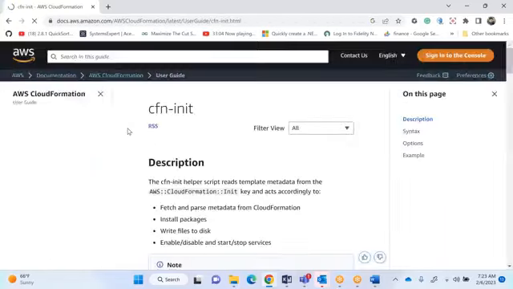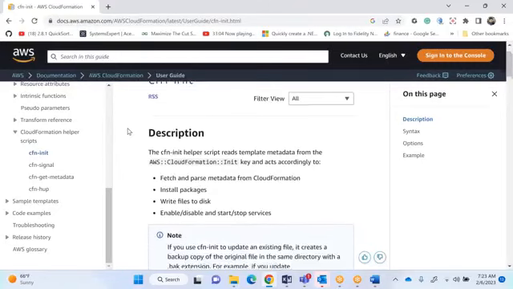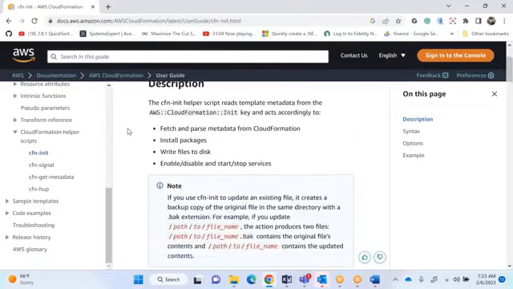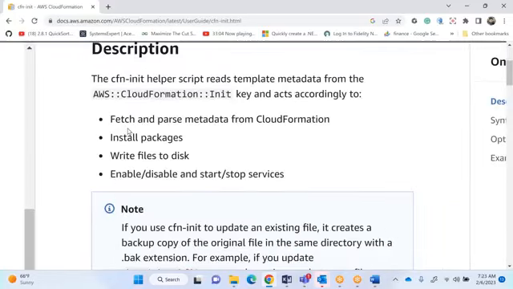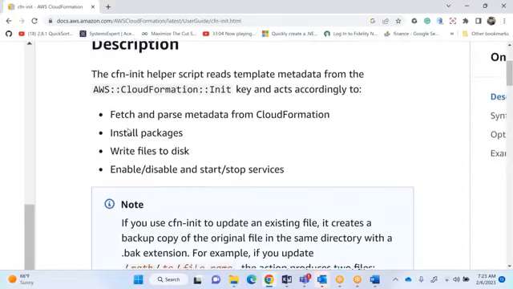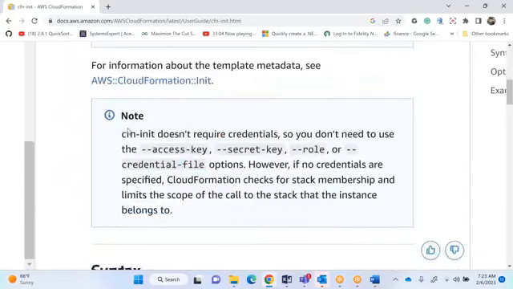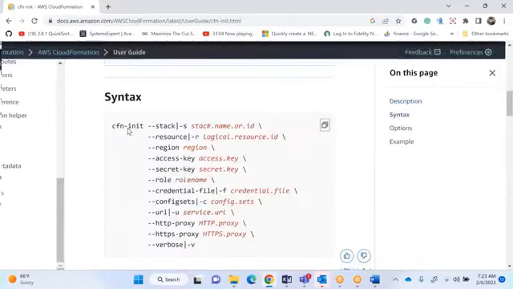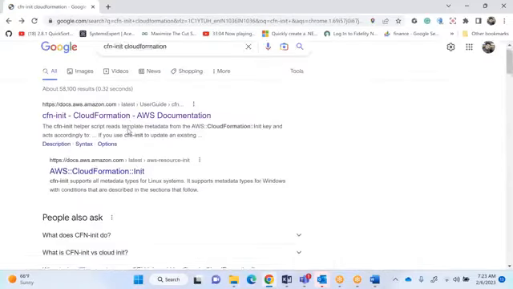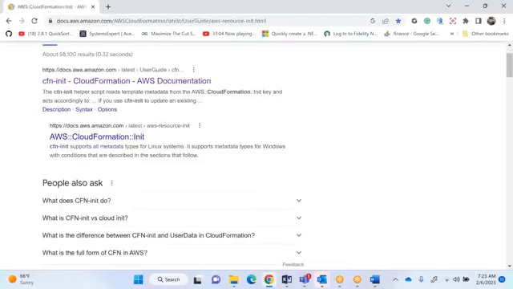First of all, what is CloudFormation initialization? The cfn-init helper script reads the template metadata from the CloudFormation initialization and acts accordingly: fetch and parse metadata, install the packages, write some files, enable and disable services. All these things it will automatically do, sir. Okay, before I go further, let's see the examples, sir. Very important. Now if you see,